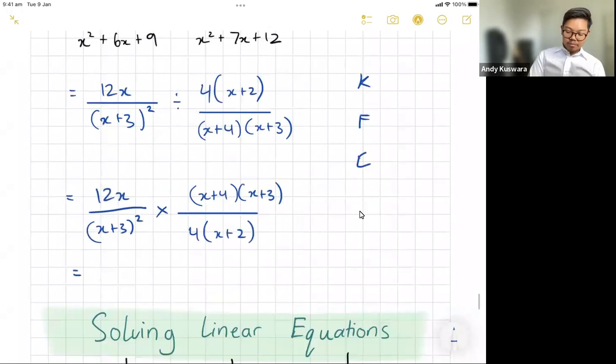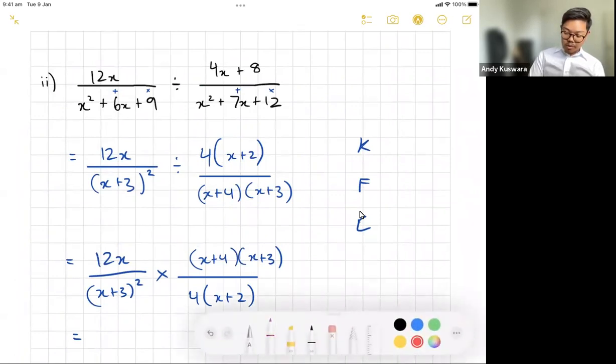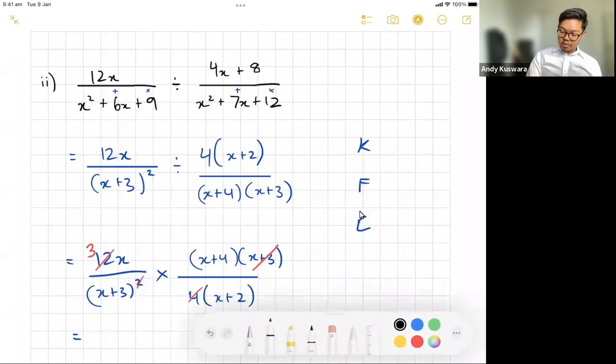Now I'm looking at here. I'm going to cross out what I can. Now I can see here that there's x plus 3 up top. So if I get rid of 1 on top, I can get rid of 1 on the bottom. So now there's only one lot of x plus 3 on the bottom now. Okay, x plus 4, can't really do anything about that, but I do see between the numbers 12 and 4, we can simplify that. 12 on 4 is the same thing as if I divided both by 4. 12 divided by 4 is 3. 4 divided by 4 is 1. And this would leave me with,